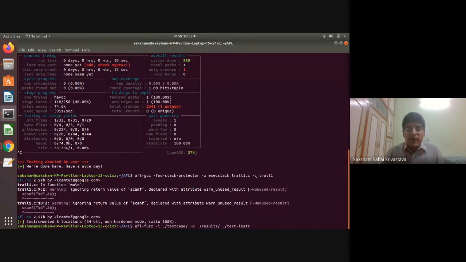So before executing this, we'll change the results folder. Okay. First I need to change the binary name also. It should be trial 1, and for results, this is the name of the folder you have to give. So we can take it as trial 1 because we will take 2 seeds for this trial 1 program.